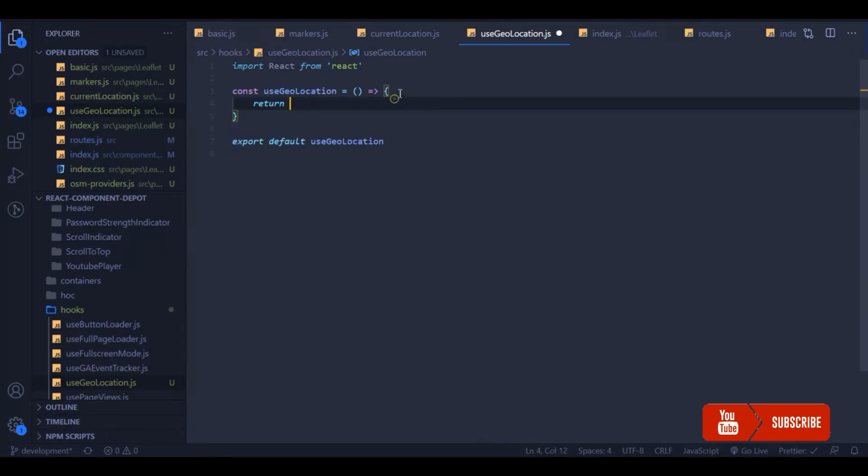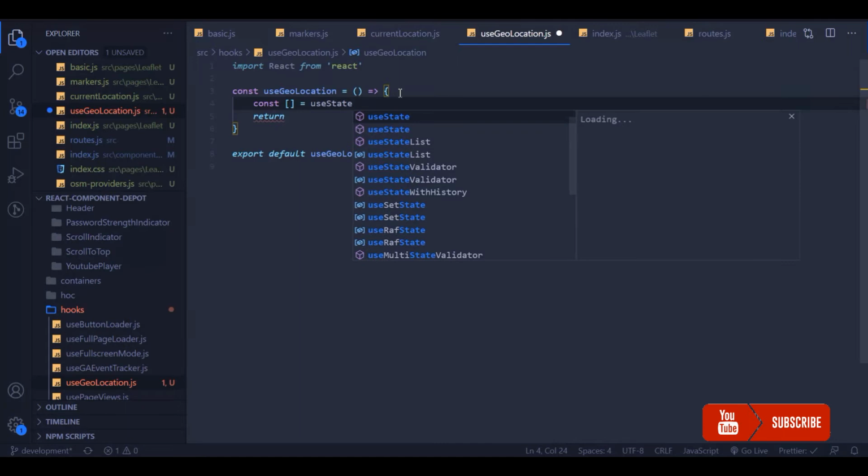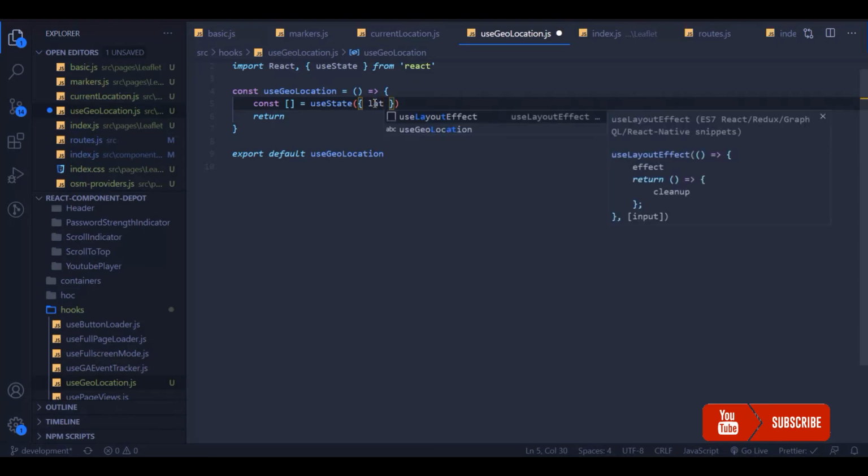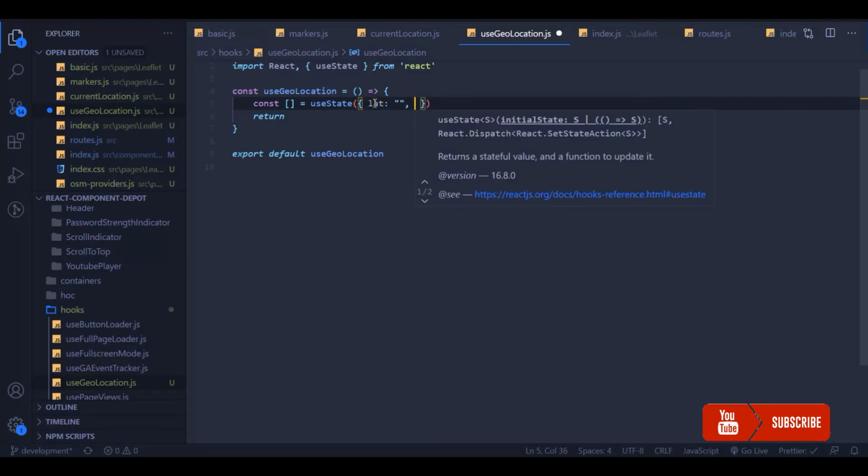So we can create a new state to hold the location details of the user, which has coordinates and whether the location has loaded or not, because unless the user gives permission, the location state will not be loaded.